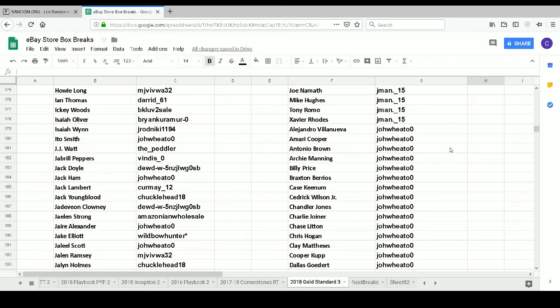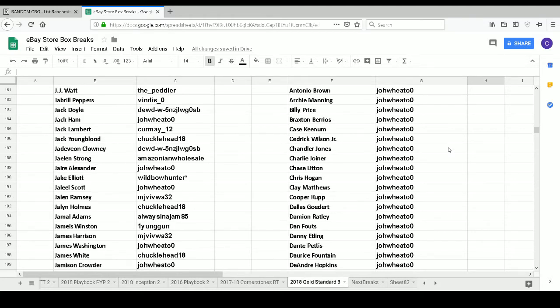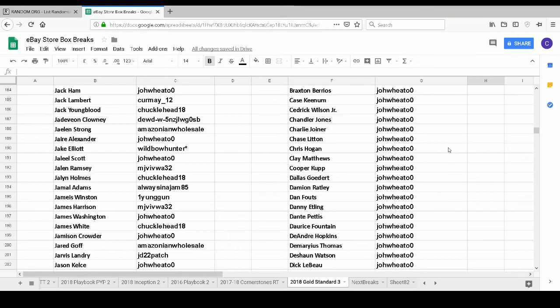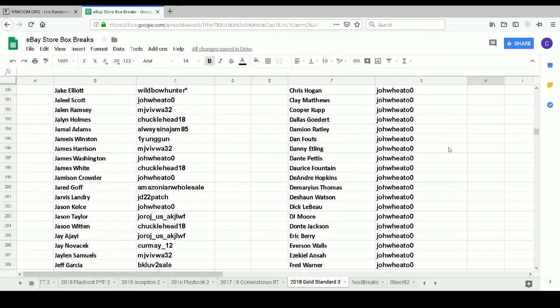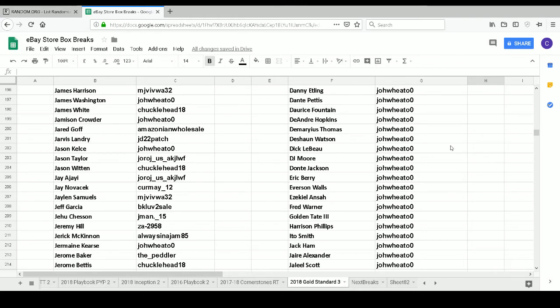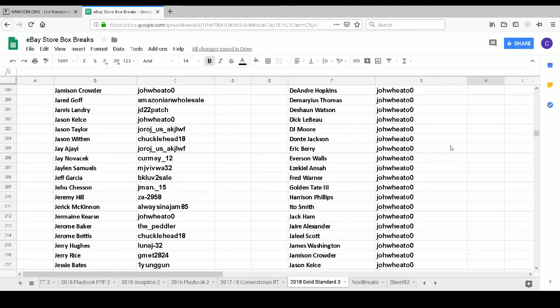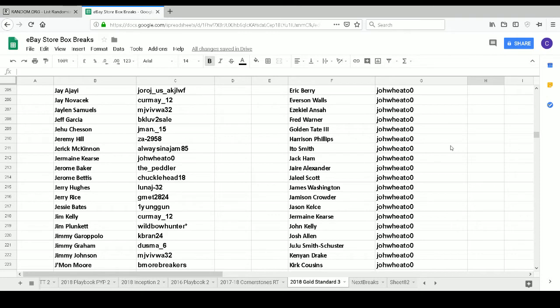John Wito 0 has Alejandro Villanueva, Amari Cooper, Antonio Brown, Archie Manning, Billy Price, Braxton Berrios, Case Keenum, Cedric Wilson Jr., Chandler Jones, Charlie Joyner, Chase Lilton, Chris Hogan, Clay Matthews, Cooper Kupp, Dallas Goedert, Damian Ratley, Dan Fouts, Danny Etling, Darius Fountain, DeAndre Hopkins, Demaryius Thomas, Deshaun Watson, Dick LeBeau, DJ Moore, Dante Jackson, Eric Berry, Everson Walls, Ezekiel Onse, Fred Warner, Golden Tate III, Harrison